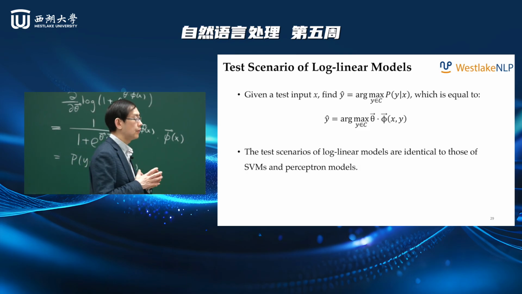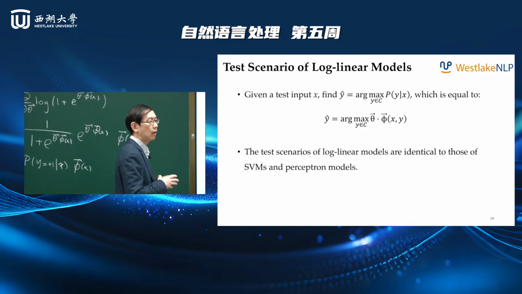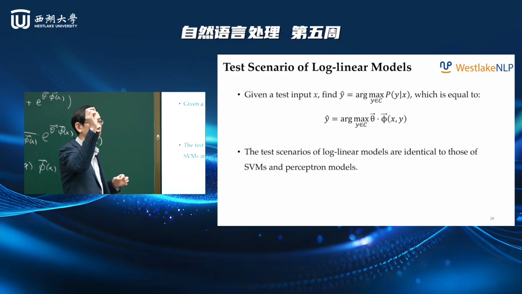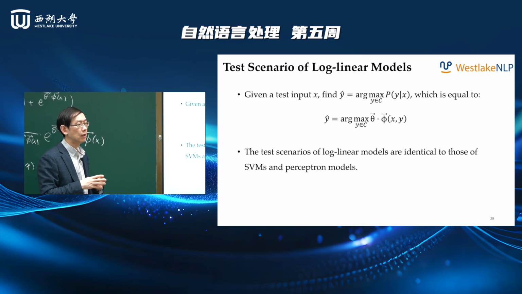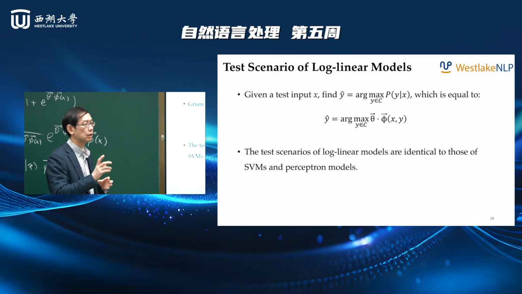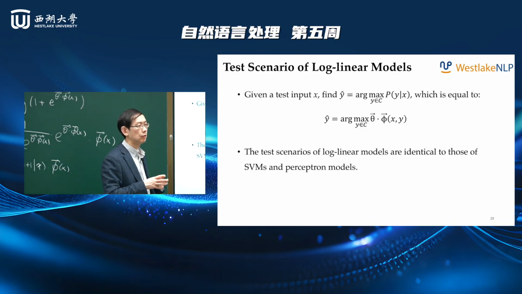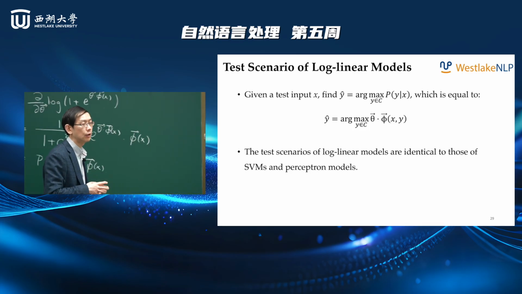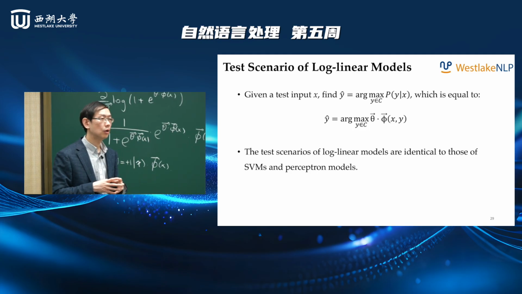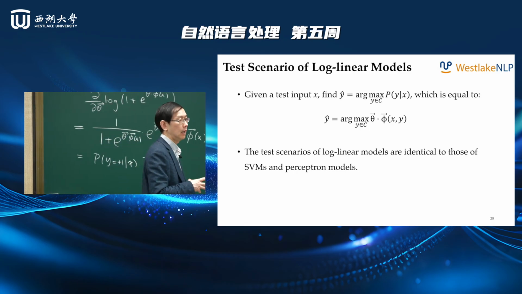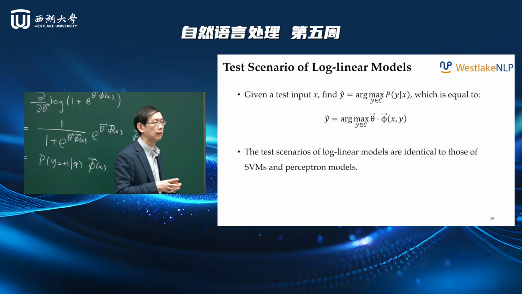But because both softmax and sigmoid are monotonic functions, finding the maximum of sigmoid of theta dot phi is the same as finding the maximum of theta dot phi. And as a result, the testing scenario for log linear models is exactly the same as the testing scenario for